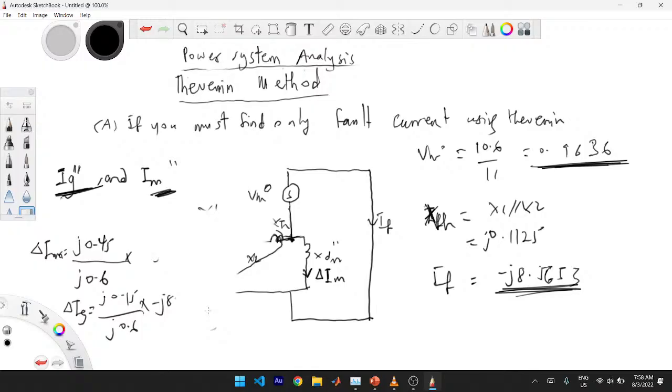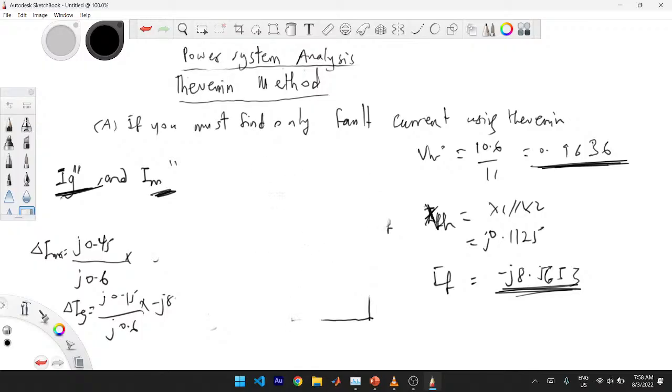I'm going fast because of time, so that you can have time to revise and watch. So pardon me, but that's what you do to find your change in IM and change in IG. This change in IM and change in IG we found here are not IG double prime and IM double prime. They are the change due to the fault. So here's what we'll do. To find your IG double prime, it is just this change plus the